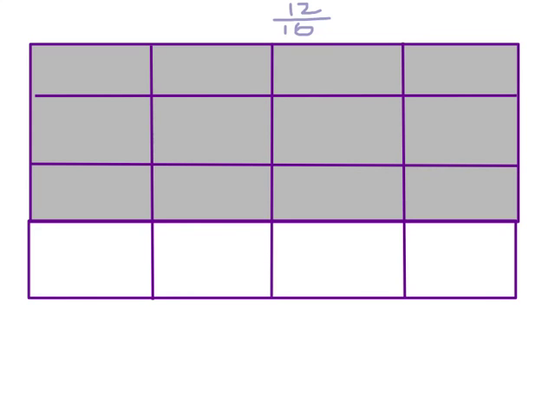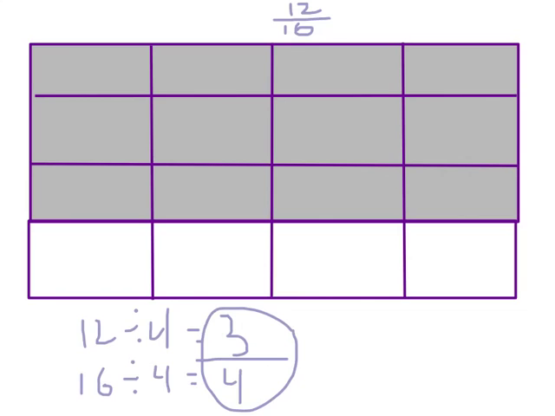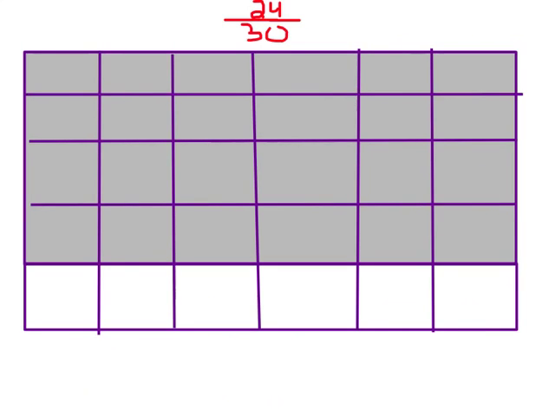Here I know that I can divide both 12 and 16 by 4. This gives me 3/4. So 12/16, when written in simplest form, is 3/4. I can see that in my model because I have 1, 2, 3 groups of 4 out of 4, or 3/4. Let's look at one more example,